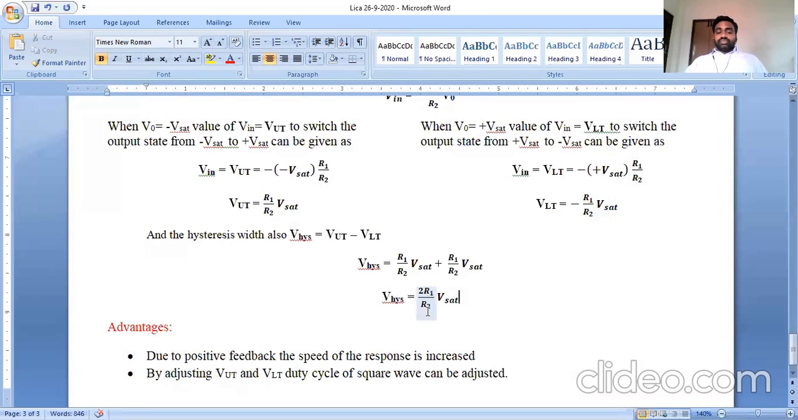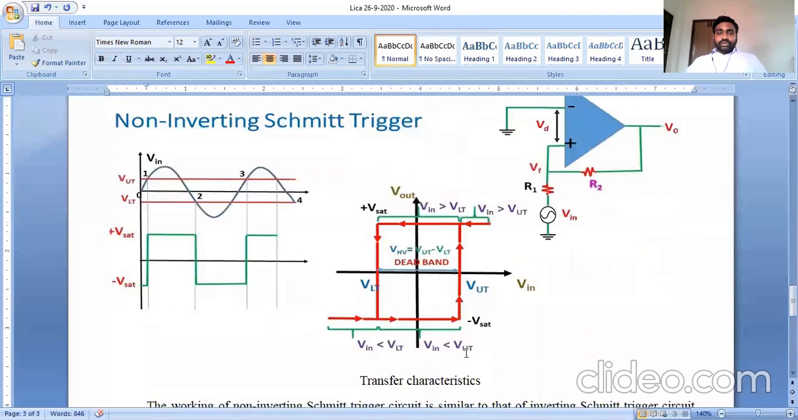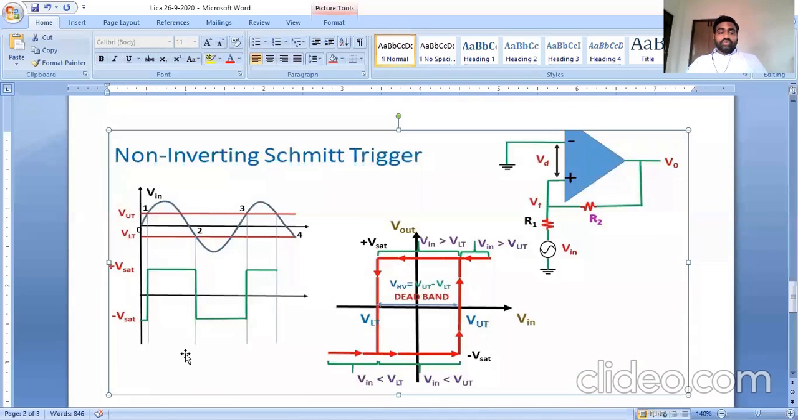So what are the advantages of a Schmitt trigger? With it, we can analyze the response of the positive feedback in a very fast manner. That means the response time of the Schmitt trigger is very high with respect to positive feedback. Second, by adjusting the upper threshold and lower threshold, the duty cycle of the square waveform can be clearly adjusted. So this is the analysis with respect to the inverting comparator and non-inverting